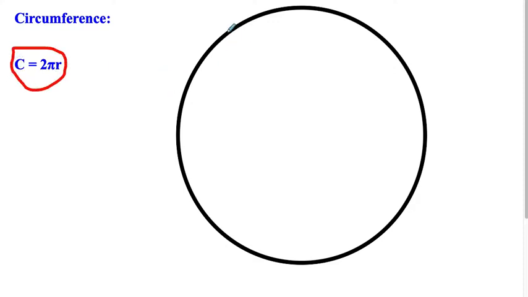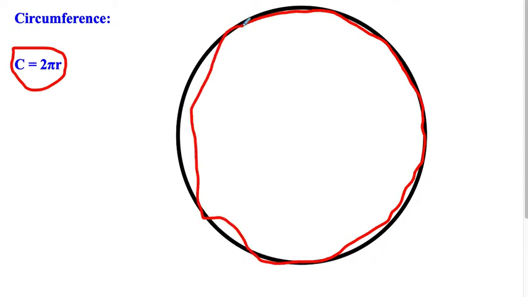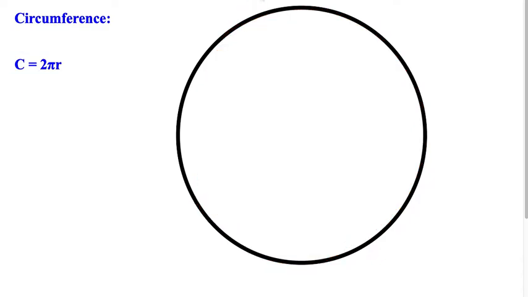Please bear in mind that the circumference ends up being the same as the perimeter, or the distance around the circle. Now r stands for, nice circle, eh? R stands for the radius. So in order to actually calculate this, you're going to have to know the radius of the circle. Remember, the radius is measured from the center of the circle to the edge, and it's how the circle is defined. So for instance, if we had a radius that was, say, 2 centimeters,